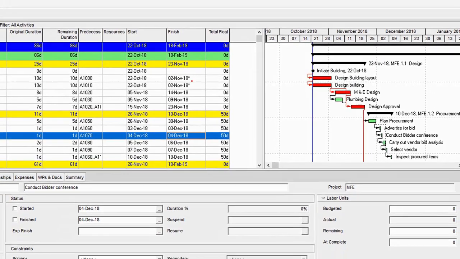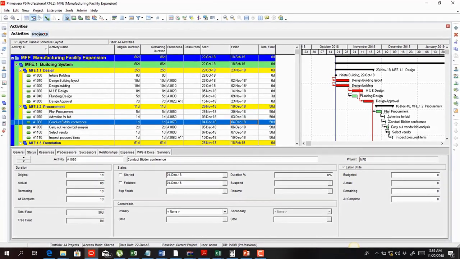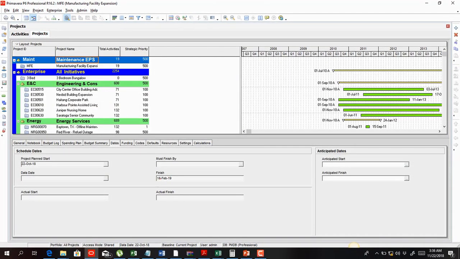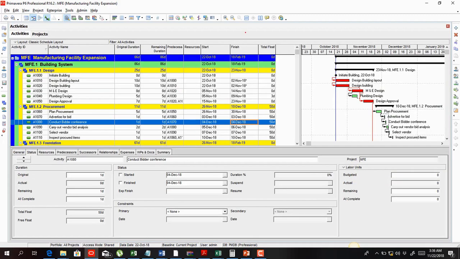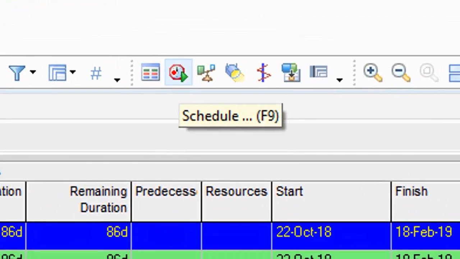Okay, so remember we just constrained our project, which was supposed to finish on the 18th of February, and for the purpose of this exercise, we put a must finish date of the 14th of February. So if I go back to my activities now, look at the information you have in this float. If I go back to my activities and schedule, by clicking on schedule,